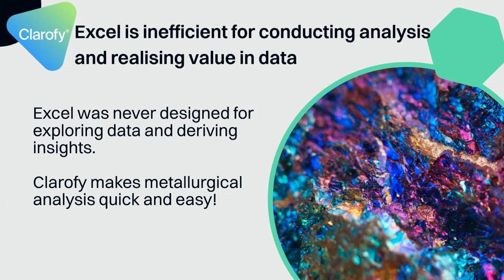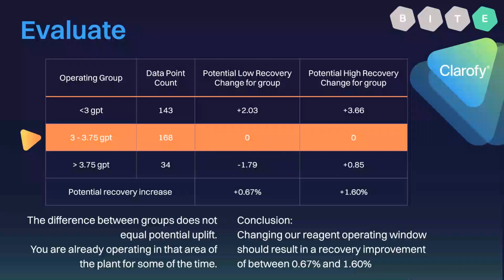Okay, so let's go to evaluate. Normally, if we have a result from a t-test, for example, that's usually not enough to say that's the amount of, in this case, recovery that we're going to improve on. Remember that 2.7 value or 2.6 value or whatever. If you think about it mathematically, according to how many data points you have, we're just saying for, in this case, 168 data points, we already operated there, and that's a better place to operate, if you like.